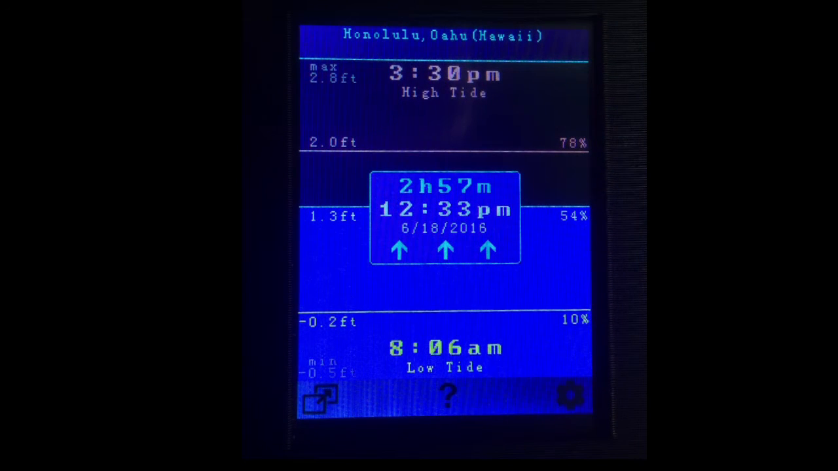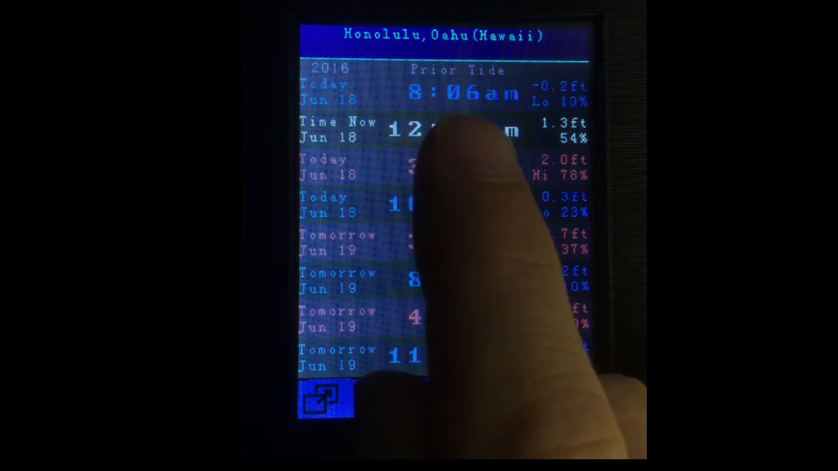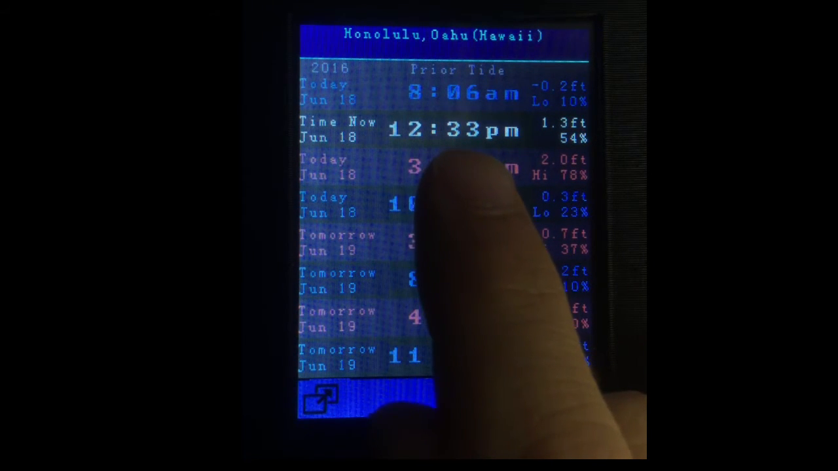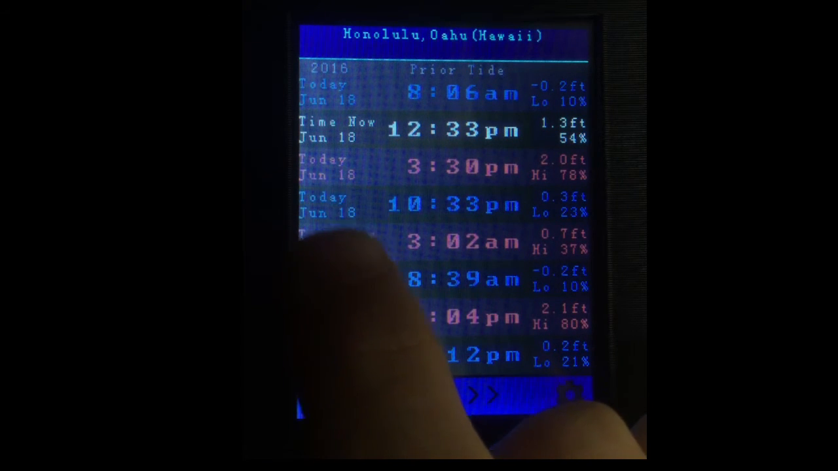Let's have a look at the next screen by pressing the icon in the bottom left-hand corner. This is the tide table screen. You may have seen published tide tables similar to this. This screen shows the prior tide, the current time, and high tides and low tides going out from today into